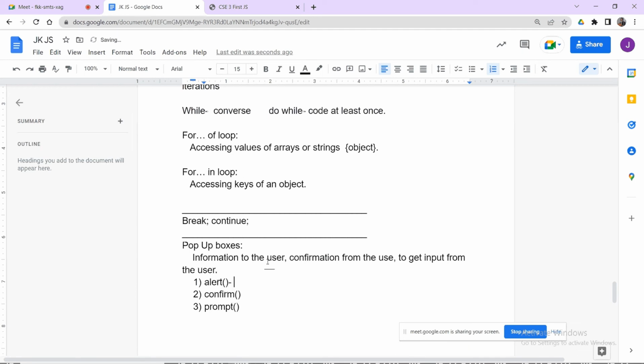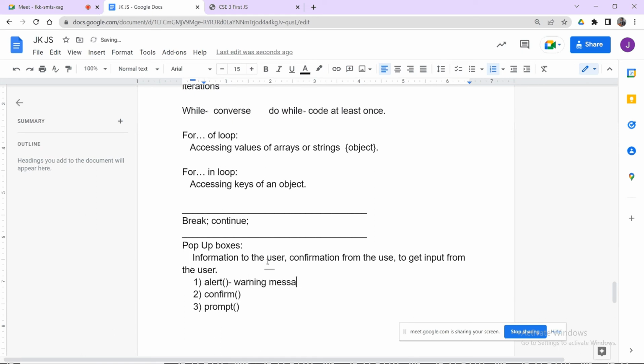The alert method is meant to provide information or a warning message to the user. Before entering the corresponding website, the user first has to know what information we need to provide, so we can go with this alert box.